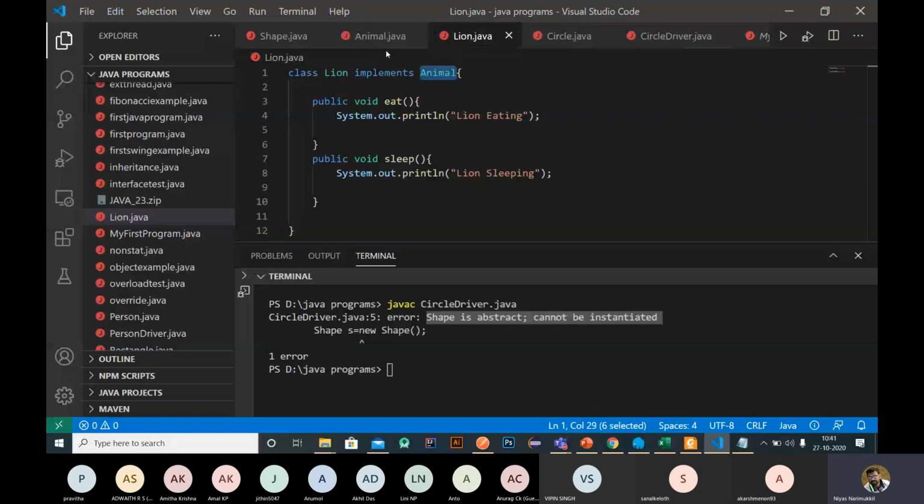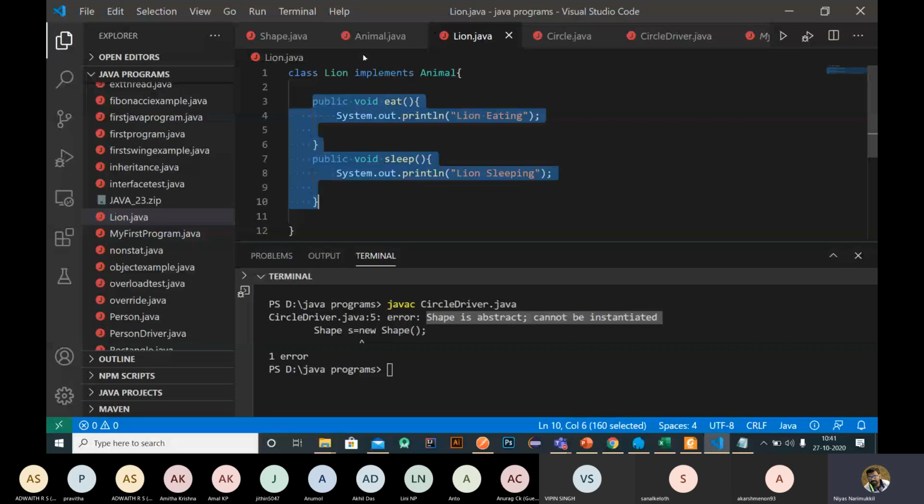Here, for interface, we are using the implements keyword instead of the extends keyword. Then we implement the functions that are given inside the animal interface like this.